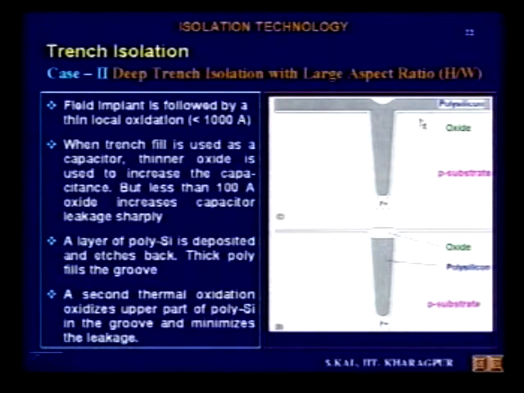If you want to have the capacitance, trench capacitance, then top oxide is not being done. This top oxidation is not done, so that you can take a contact to the poly here, and another to the substrate, to form the capacitor. But if you want to use it as an isolation technique, then it's better to use top oxidation also. So totally it is covered. Trench is filled by polysilicon. So this is the trench isolation, and it is a really highly popular technique in present day high density VLSI circuits.